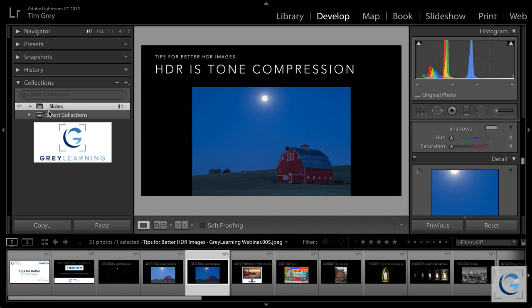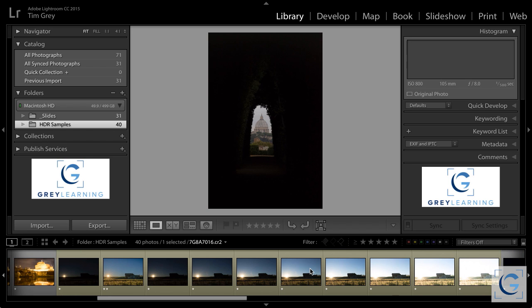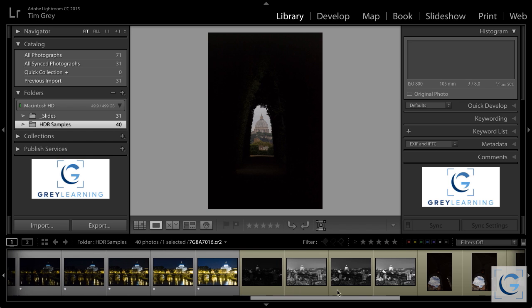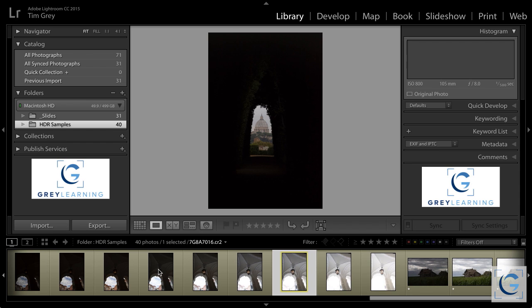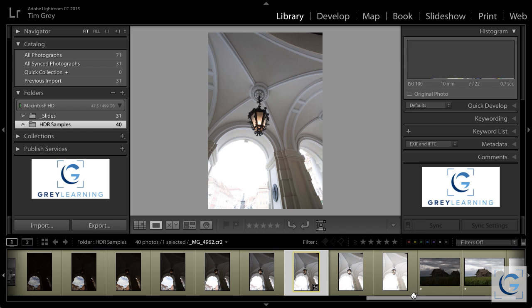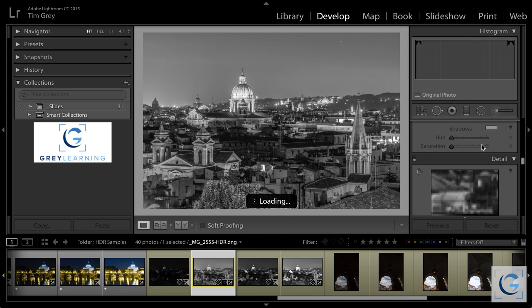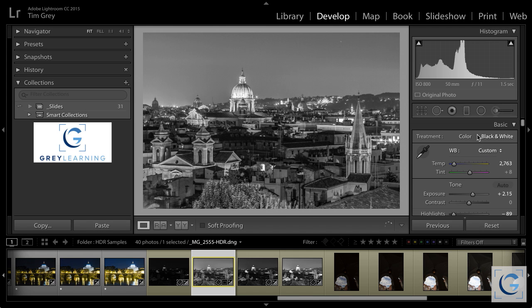So if we come back to our images, let me get back to my folder here. And if we take a look at the HDR that I assembled, which was my black and white, right? Oop, I flew right past it. So if we come back to this night scene in Rome. So here's my DNG image that I created within Lightroom. If I wanted to interpret this in color, I could switch back to color. I still have that ability to fine-tune after the fact, but generally speaking, I would rather have gotten that corrected